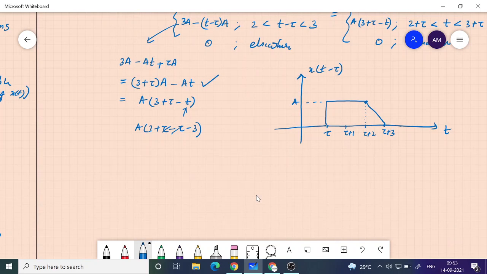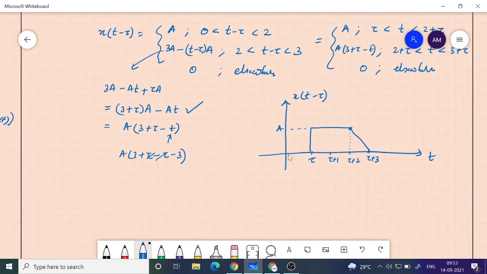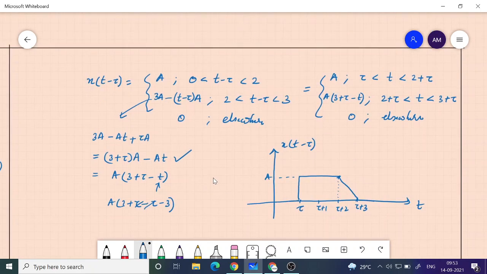Okay, now the same thing you can do for t plus tau, that means advancing. So then you will see that the resulting expression would be describing a signal which appeared earlier. The original signal x of t was becoming non-zero at t equal to 0, but now it would appear earlier. It will begin to start at an earlier time.